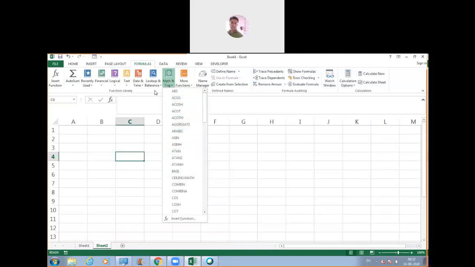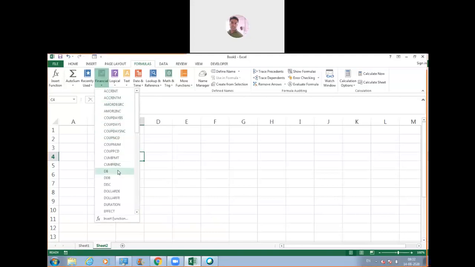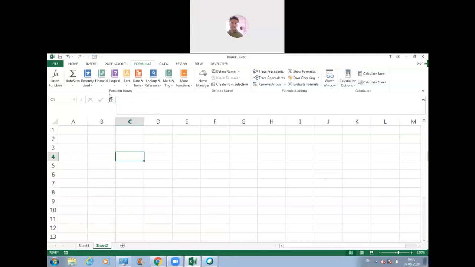So if we want to check out some function related to finances, I have to come on this financial tab over here. When I click on this, automatically all the functions that I will get to see in this cascading menu are finance related, right? These functions are related to financial things. Now, if we want to access this whole function library using a shortcut, this insert function is a kind of shortcut for that.